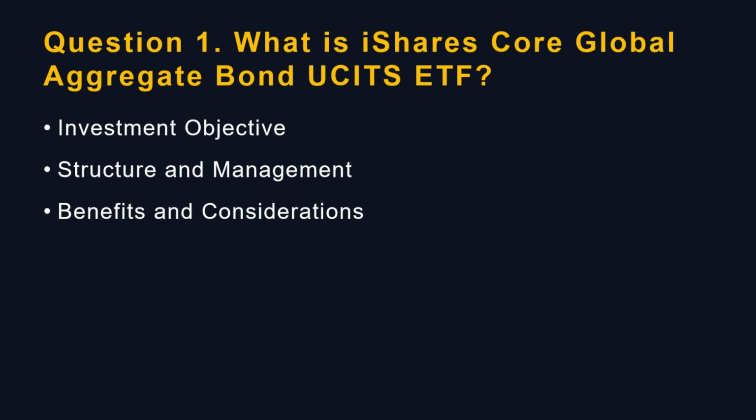Benefits and considerations. Diversification. By holding a large number of bonds across various issuers and geographies, the ETF offers diversification benefits. This helps mitigate risk compared to holding individual bonds, as the performance won't be overly reliant on any single issuer